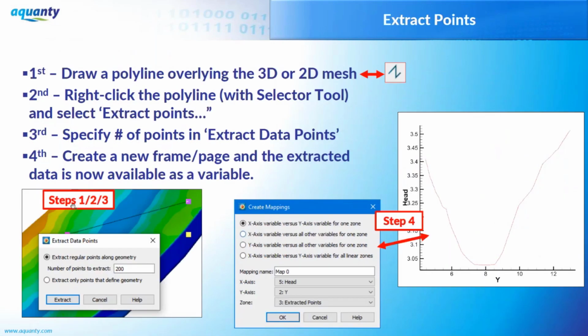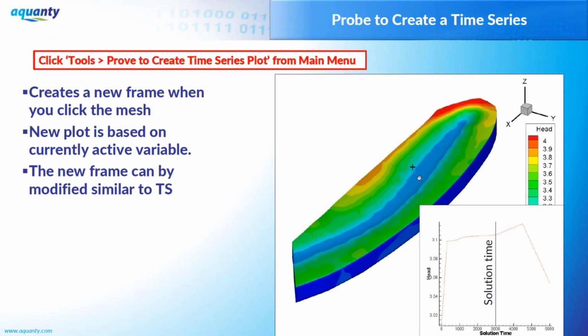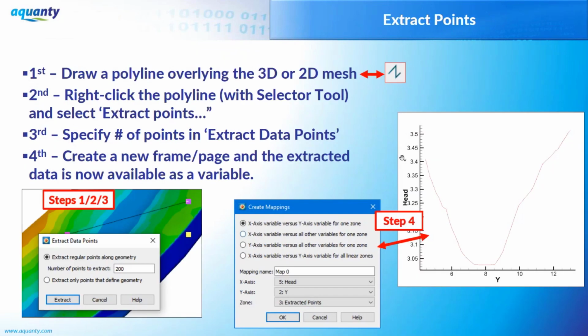What if you want data across a line? What if you want to look at head across the whole model? You can draw a line in Tecplot, right click on the line and extract the values at this line. The new data will be called extracted points. You can take the extracted points and plot them. In this case, I'm going to plot Y, because this is the Y axis, and I want to plot across this line. So across Y, I want to plot what the head values were at this line. I can do it through